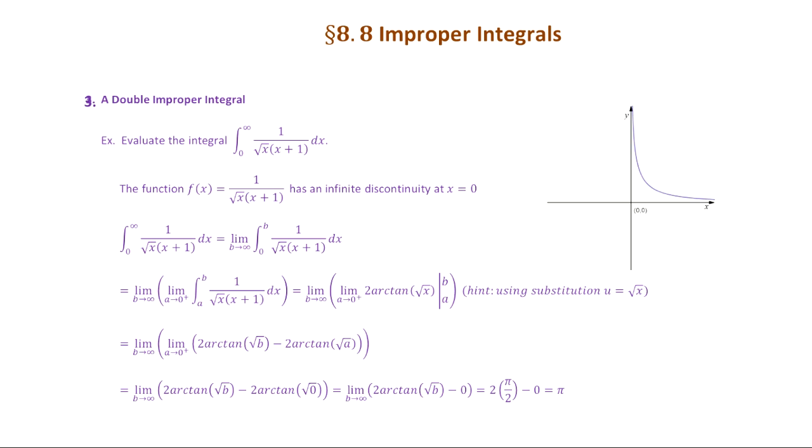You try to find the angle with its tangent value approaching infinity, and that angle is pi over 2, since tangent of pi over 2 approaches infinity. So then you get 2 times pi over 2 minus 0, and you get pi minus 0, so that is pi. So the area under the curve from 0 to infinity is pi. So in this example, the integral converges. All right. Any